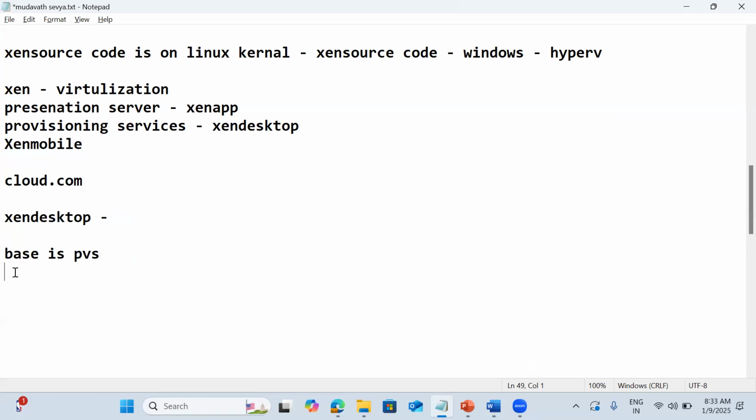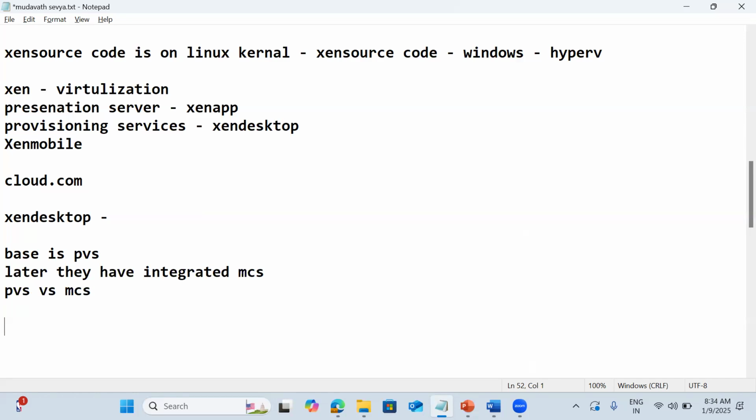Later from 5.x, they integrated MCS also. So PVS and MCS are the two different imaging technologies we have with XenDesktop.